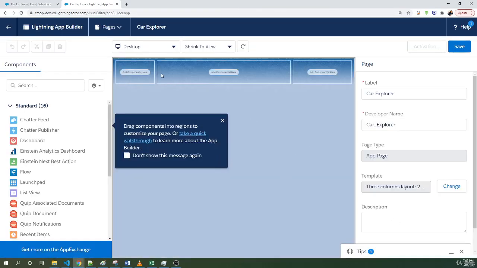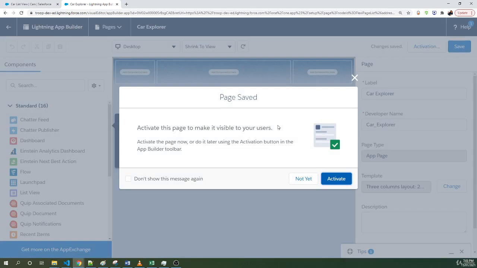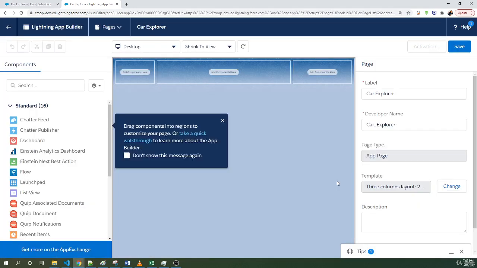So now our design is ready. Now you can see it's taking 2 space, it's taking 7 space, and it's taking 3. So let's hit save. We don't have any component to place right now. We have just designed the page layout. I'll click on activate